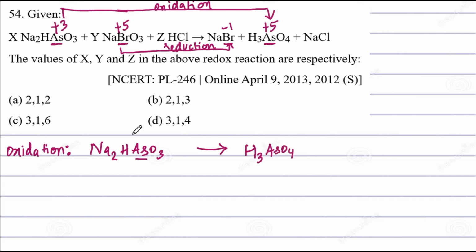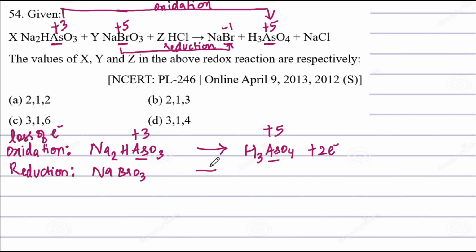So the oxidation state of arsenic changes from +3 to +5. So oxidation is loss of electrons. How many electrons are lost? The difference in oxidation state is 2. So 2 electrons are lost by one arsenic atom. Then we will see the reduction half reaction. So the reduction half reaction is